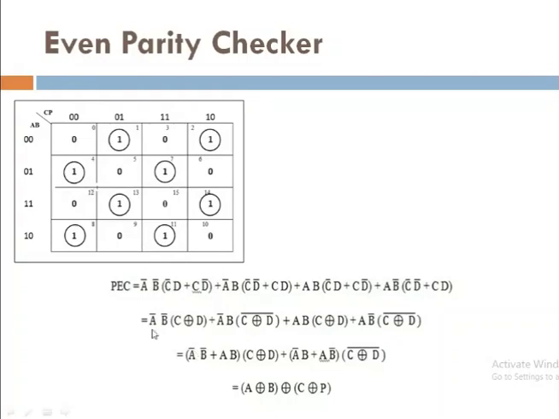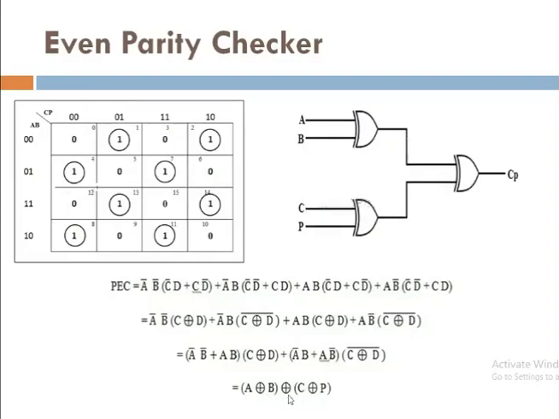You can see this calculation part. From that calculation you can easily convert it into an XOR format. So this is our even parity checker. Again, it is a four variable, so we require one extra XOR gate. By using the first XOR gate, we implement AB. With the next XOR gate, we implement CP. And then finally we use a third XOR gate, trying to implement the final equation. For three variables, we require only two XOR gates. For four variables, we require three XOR gates while implementing this circuit on the digital trainer kits.